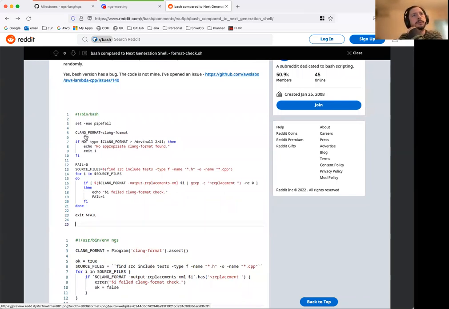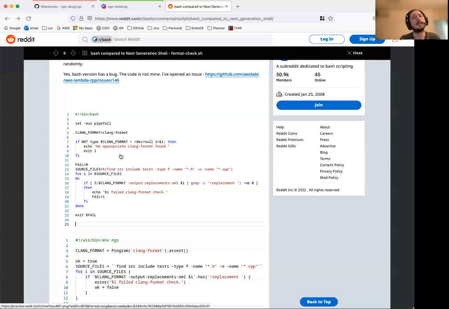Several things happen here. First of all, on line 7 you can see that it uses not, and which is not a command, and nobody noticed. The reason nobody noticed is Bash, because Bash cannot throw an exception here, so it would just evaluate this statement to false and never get into the body of the if, and that's it. This class of errors could not happen in NGS. You have to work really hard to make something like that. By default, it will throw an exception, and the script would stop.